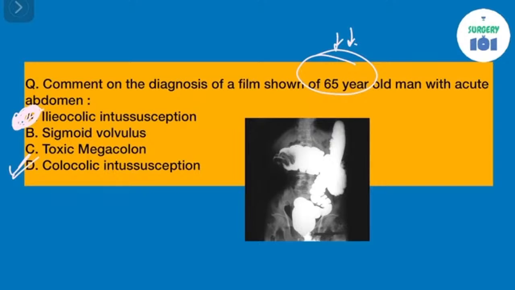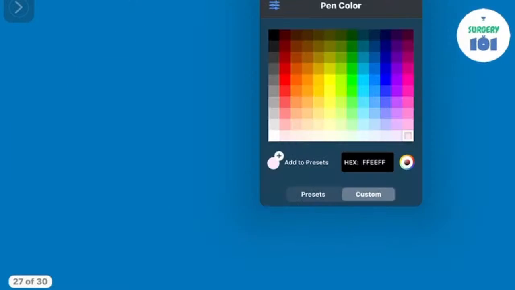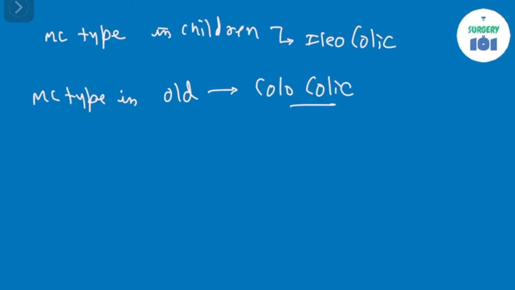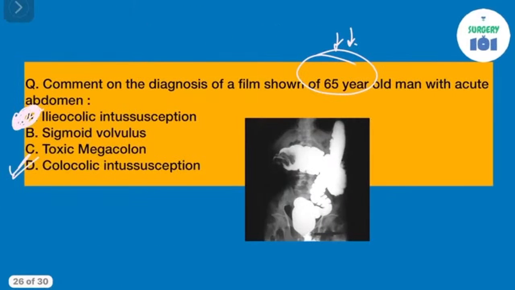Old age. So what you need to understand is that when we are talking about intussusception, the most common type in children and overall is the ileocolic. But if they specifically ask you what is the most common type in old age or the old individual, it is colocolic. Does it make sense to you guys? I hope it makes sense. So the age was given as 65 years, and that is why the answer is definitely a colocolic